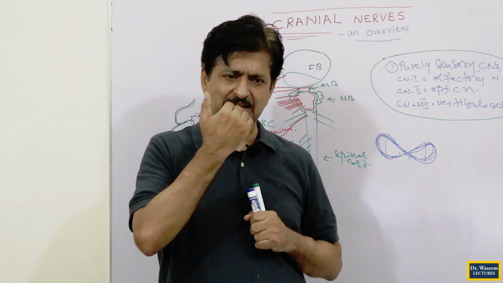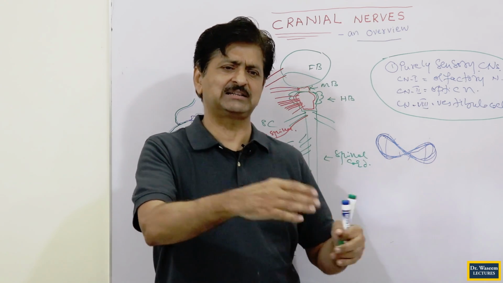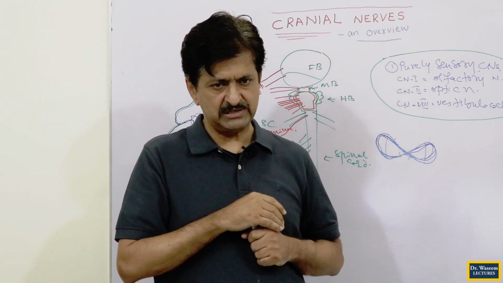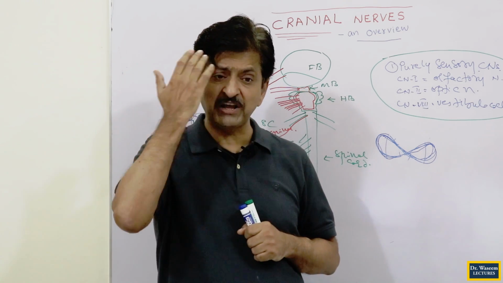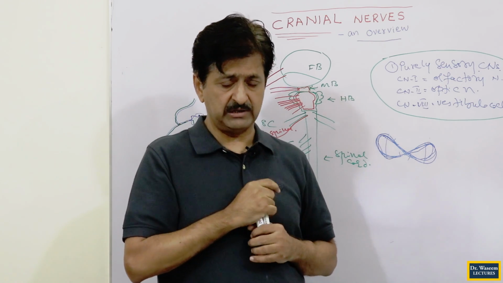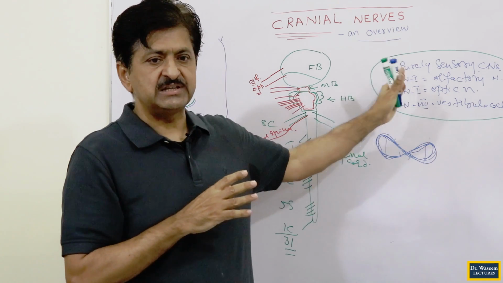That is why for taste, nature has put some mixed nerves rather than specific nerves. That is why the tongue does not have a purely sensory nerve. That is why 4 nerves are purely sensory, numerically 3, because vestibular and cochlear are counted as a single nerve. So, these are the purely sensory nerves.